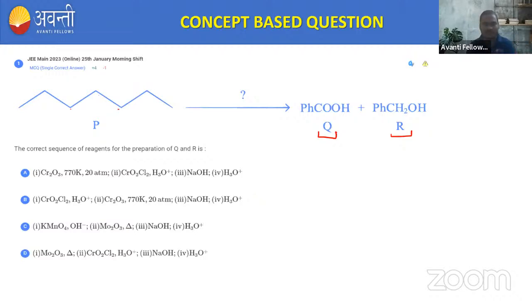n-hexane is treated with Cr2O3 at 770 Kelvin, we will get benzene, right? Whenever this is treated at high temperature and pressure, we will get benzene. So this is very similar to this reaction. If six carbons are treated, we'll get benzene. Here we have seven carbons, and obviously we'll get toluene, right? So when we treat this, we have one carbon, two carbon, three carbon, four carbon, five carbon, six carbon, and this is seven carbon. So when you treat this with